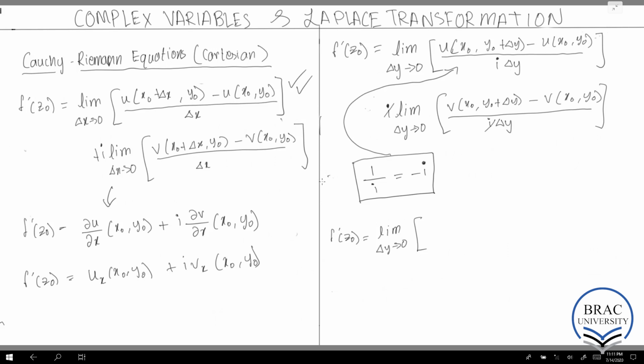So rearranging it so that the real part is in front of the imaginary part, we have V(x naught, y naught plus delta Y) minus V(x naught, y naught) divided by delta Y minus, taking the limits, i times, since I can take it out of the limit operator as it does not depend on delta Y, the limit of delta Y tends to 0 of U(x naught, y naught plus delta Y)